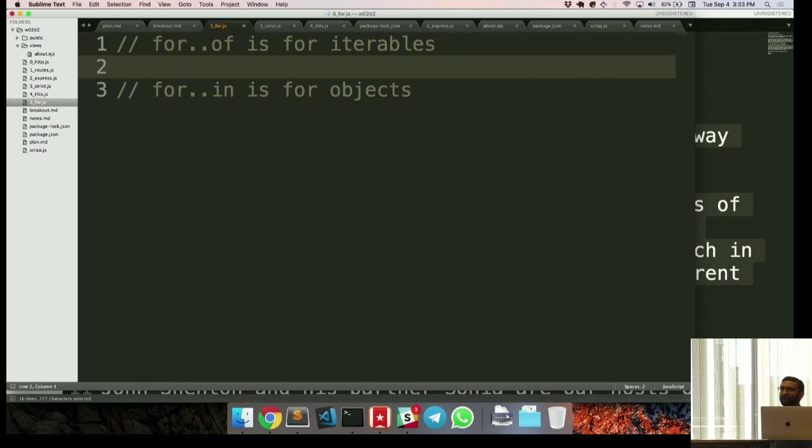I believe for each was introduced in ES6, I want to say, but I could be wrong. And then ES6 introduced these two for loops to make it even nicer of a language to read, as first-class things in the language. The first one, and the most common one that you'll be using, as Benji alluded to, is for of.